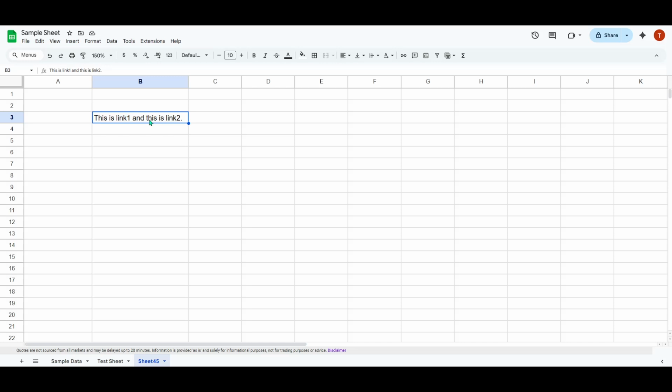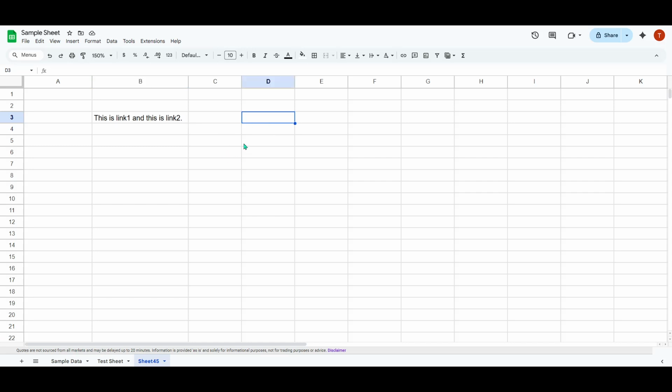Firstly, you'll want to start by typing in the text you want into the cell where you need these hyperlinks. For instance, let's say you have a list of important resources, documents, or URLs that you need to reference under a single topic heading. Enter this text directly into the cell. It could be a sentence or a list that describes what each link is about. The clarity of your initial text is crucial, as it sets the stage for embedding links that are meaningful and